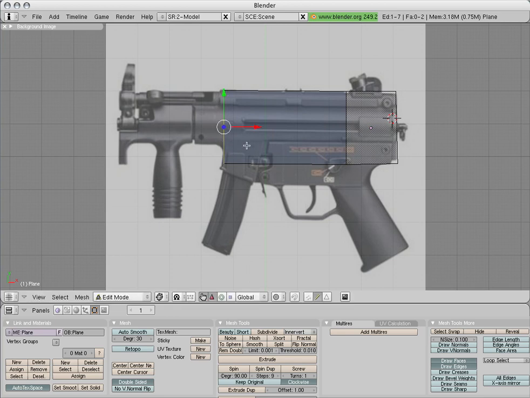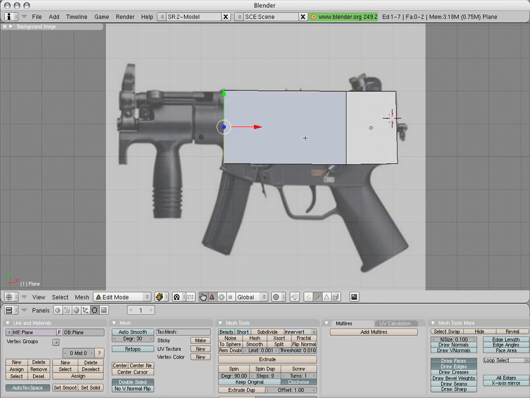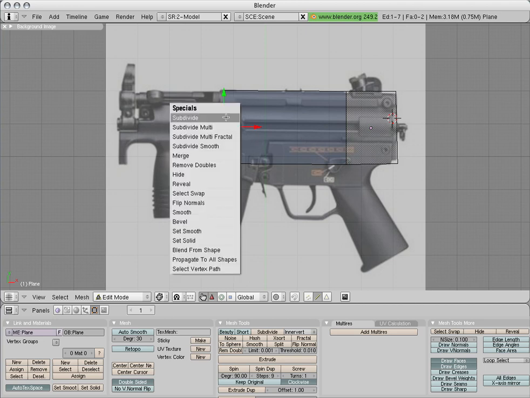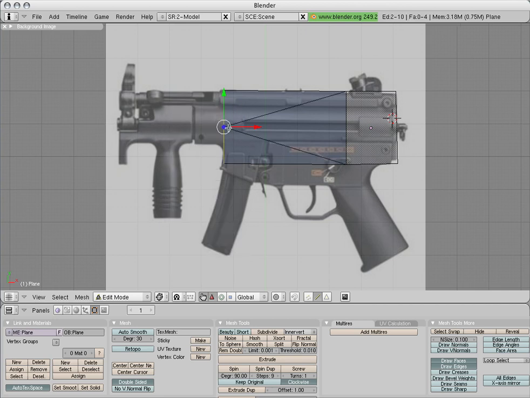Okay, so now I have this area covered, and I guess I'll subdivide this, and I'm gonna go to point selection, which is the 4 yellow dots over here, and now I'm gonna go back to edge selection, select this, and I'm going to,